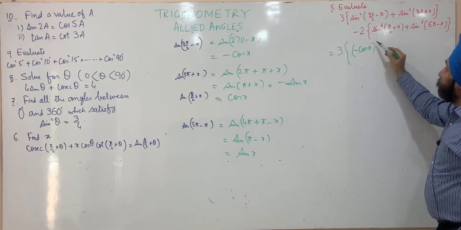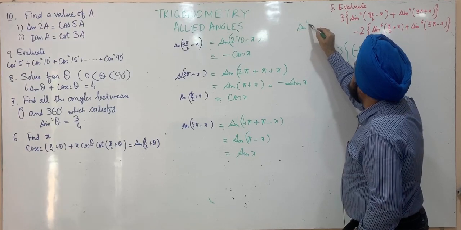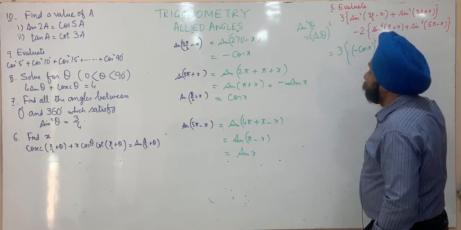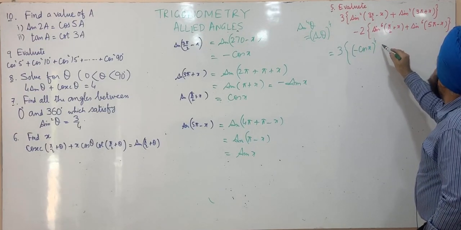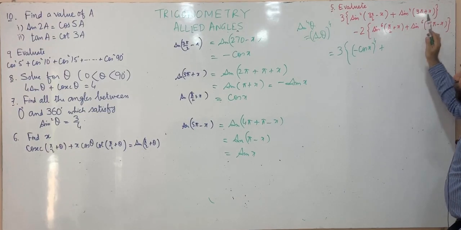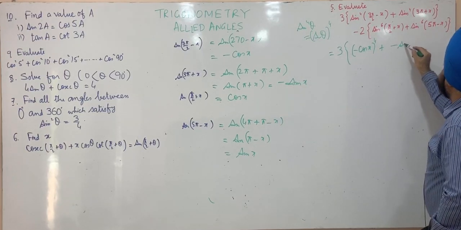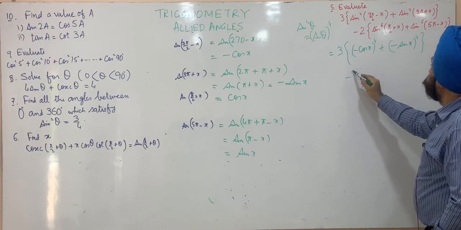This 4 I am writing here. Sine raised power 4 of theta is actually sine theta whole raised power 4. So this is whole raised power 4 plus sine 3 pi plus x. This is minus sine of x. So minus sine of x raised power 4 minus 2